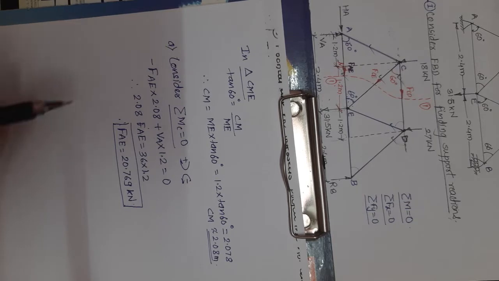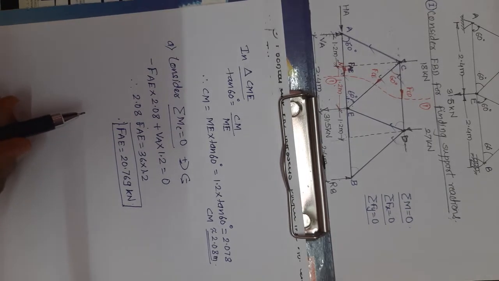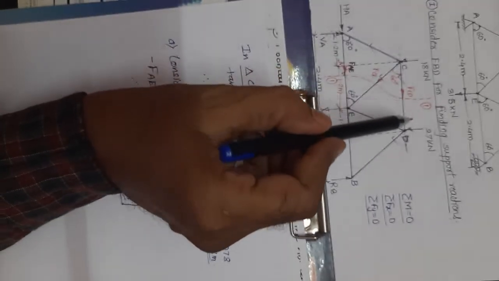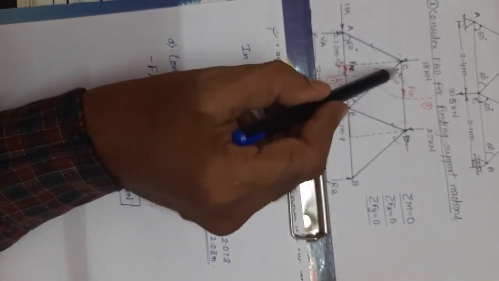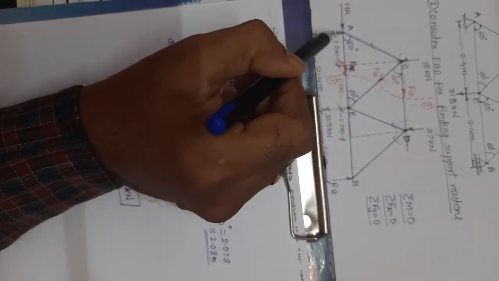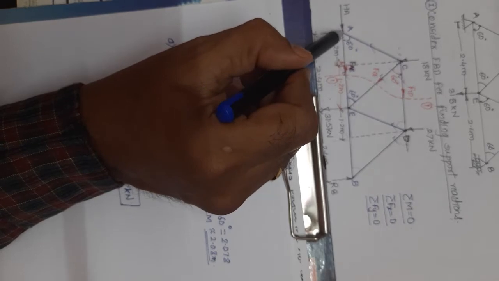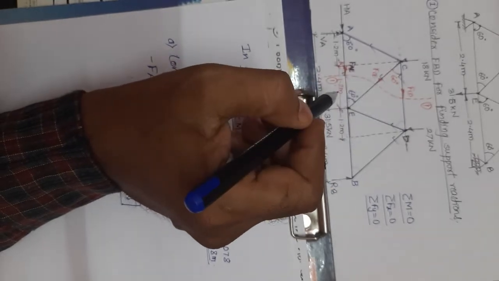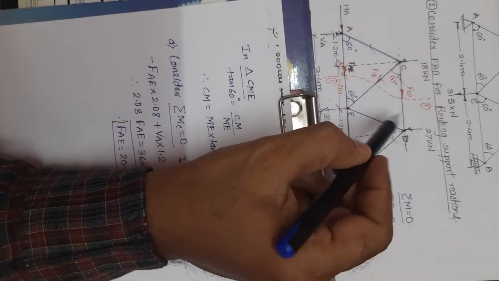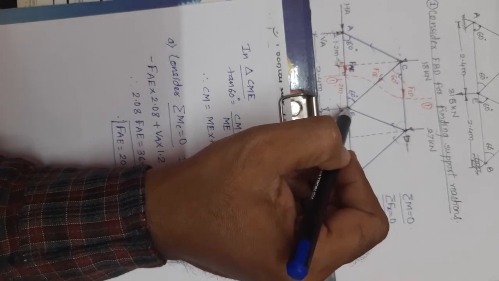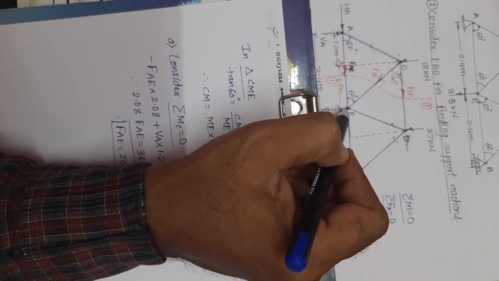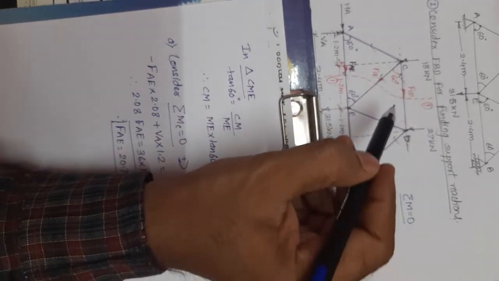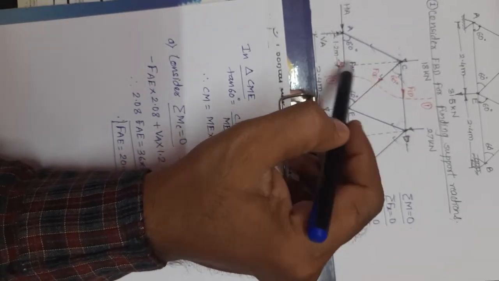Okay. Now how to get FCD now? Tell me how will you get FCD? FCD पाहिजे असेल तर कसं काढणार? If I take moment about A, so you will get these two forces there. Okay, त्याच्यापेक्षा अजून चांगला ऑप्शन कुठला आहे का? FCD पाहिजे असेल तर सगळ्यात चांगला ऑप्शन आहे ई पॉईंट पाशी. You can take the moment about E point. काय फायदा आहे बघा, हे दोन्ही फोर्सेस 0 होतील. Both these forces will be 0 आणि FCD तुम्हाला डायरेक्ट मिळून जाईल आणि त्याची हाईट पण आहे आपल्याकडे. Height also is calculated.